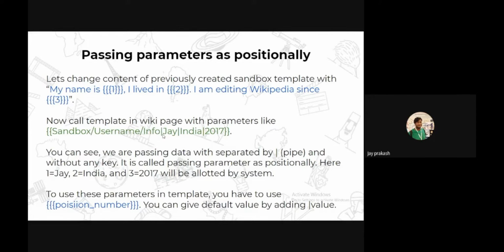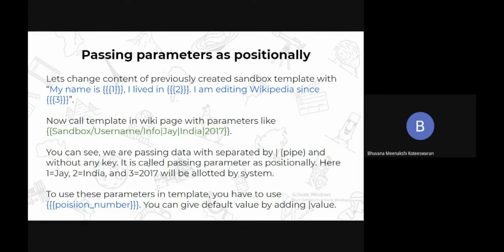I called it pipe, but it is something else. So pipe and the parameter, like Jay will replace the 1, India will replace the 2, and 2017 will replace the 3, because you see parameter 1, 2, 3.